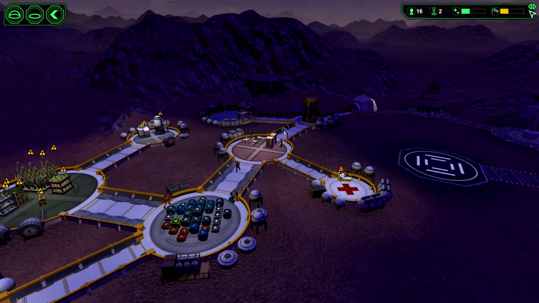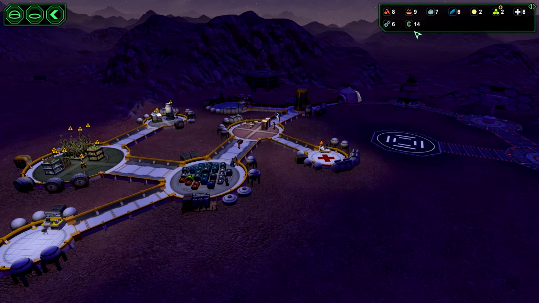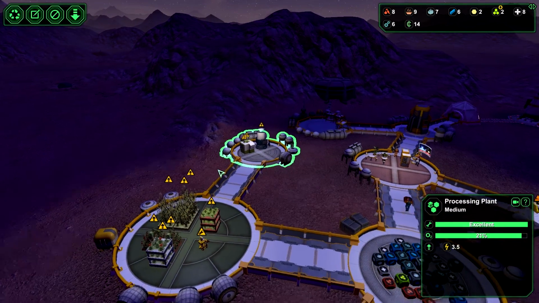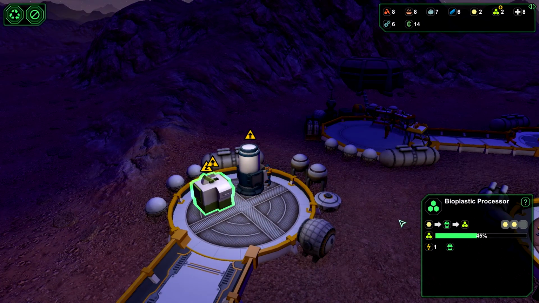So, if we click here, we can see this is our current resources. We did do some trading, so we got some credits. We're currently waiting on ore to be processed. And the reason why I haven't done anything like that is I'm waiting for this stuff to get processed. I'm waiting for the starch to get processed into bioplastic. I'm waiting for the metal to get processed into...